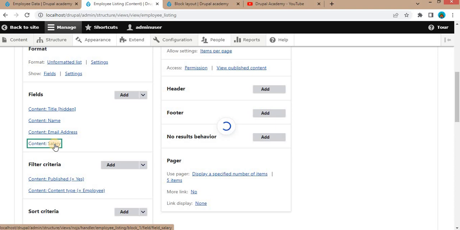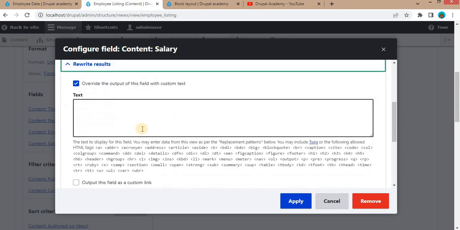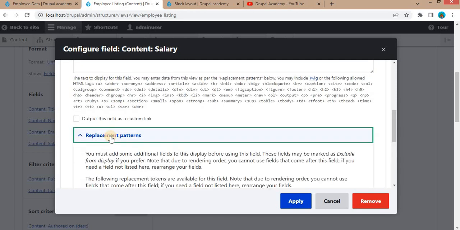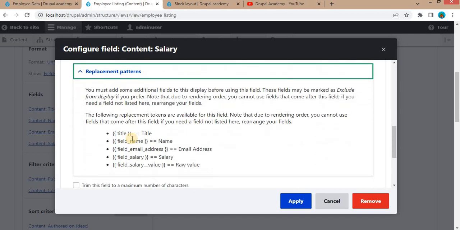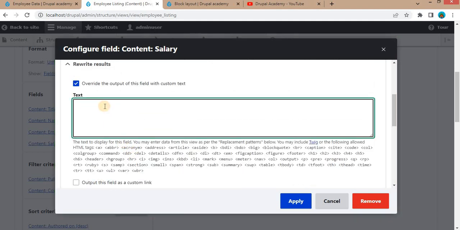Click on the salary field, go to the rewrite result, and here we can write our custom HTML. To check the field's machine name, you can go to the replacement patterns and you will get the machine name of the fields. So we will add the name and the email address in a single div and the salary in another div. First I will create the div,